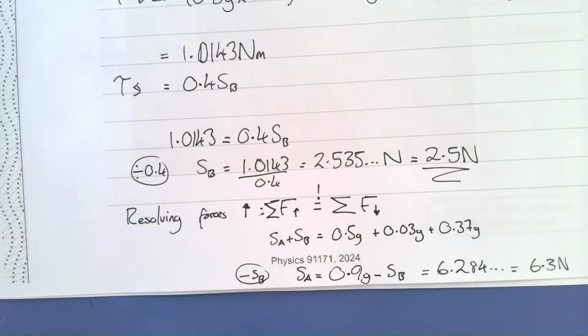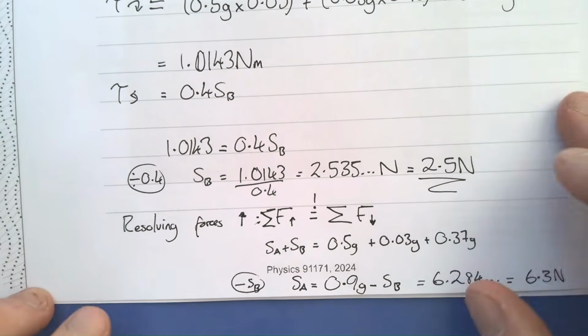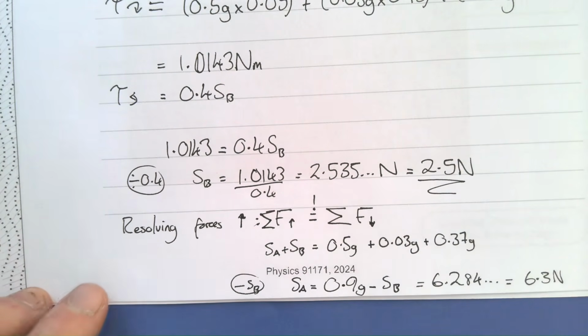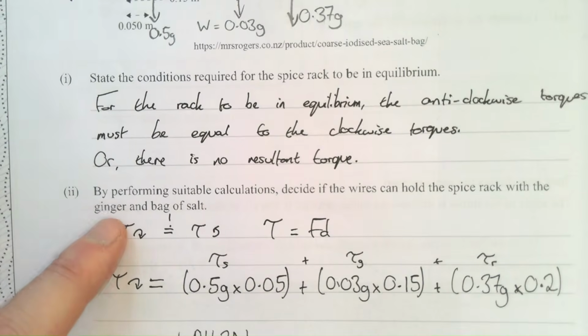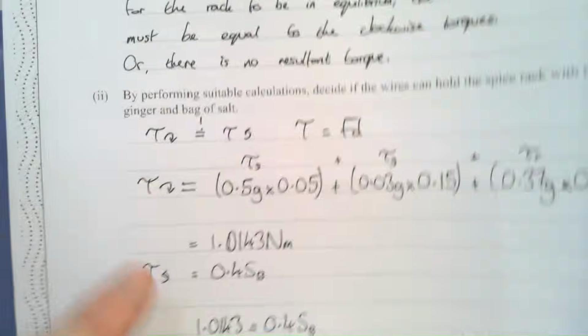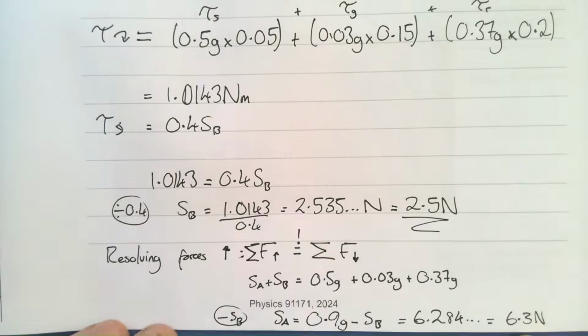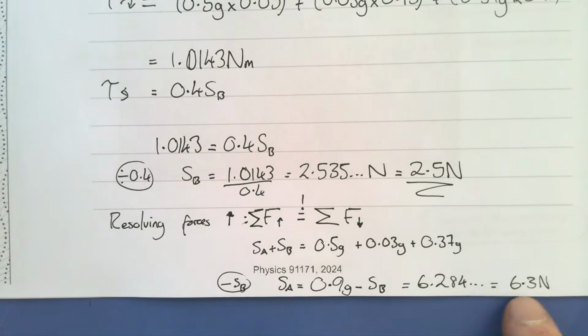If you're dead keen and you've got loads of time left, you can go back and check this doing it the torque way, but that's a bit of a job, so only do that if you've got loads of time. However, this still isn't enough. We actually have to answer the question. It's not enough just to calculate it and assume the examiner will infer what you mean. We were asked to decide whether the wires can hold the spice rack or not. We're told it's hanging, but we were also told the max force was 5, we have a force of 6.3